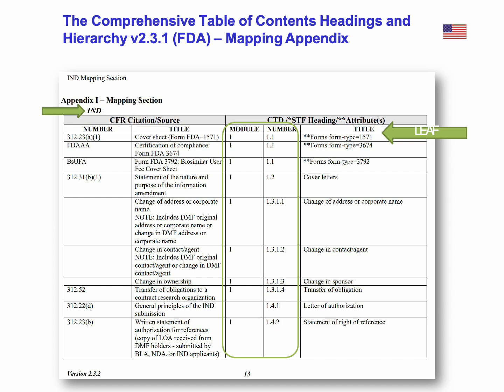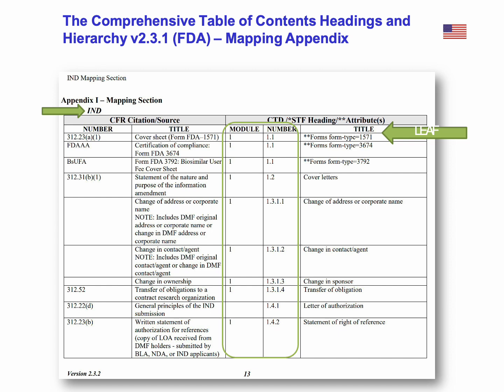We can continue, for example, with the certification of compliance, Form FDA 3674. The Code of Federal Regulations source here is FDAAA. Here it has to be prepared, completed and added into submodule 1.1. Now that's the same philosophy, I would say, or the principle follows for any other document.